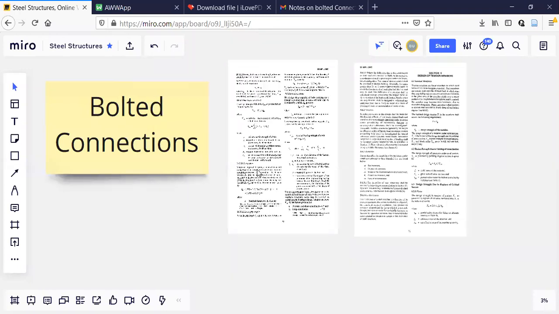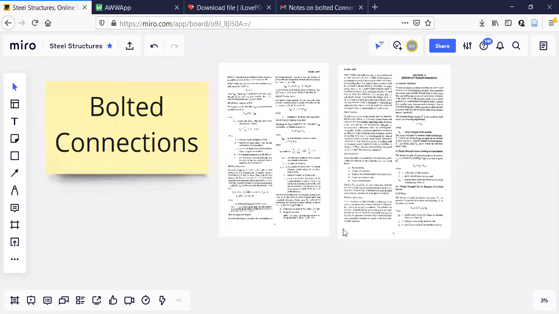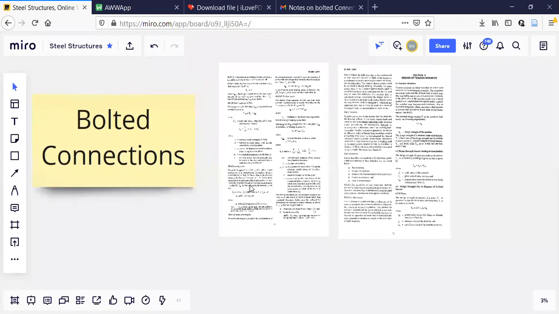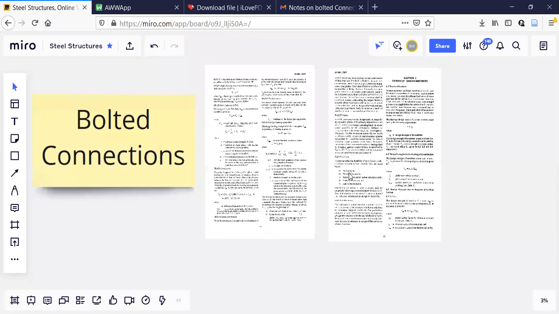You can see this one here. I already told you that, unlike the RCC subject, here you will get all the formulas in the codebook. In case of RCC, you may not get all the formulas there. Still, you get most of the formulas in the RCC codebook also, IS 456. But in case of steel, passing is very simple. The main reason is every formula is there in the codebook. Nobody will usually fail in this subject, but you try to enhance your knowledge. That is important here. Passing and failing is not important in case of steel structures.